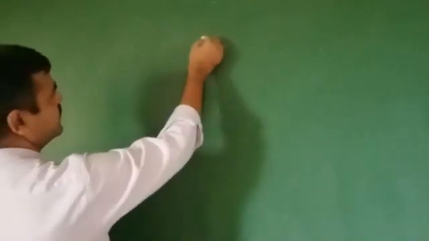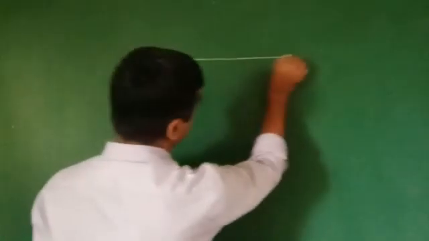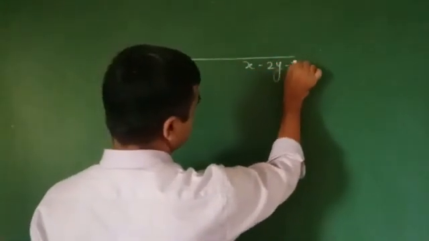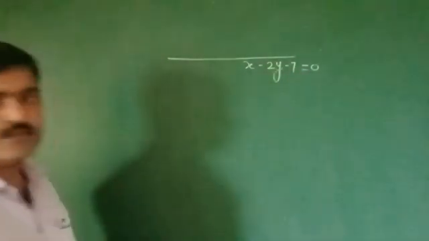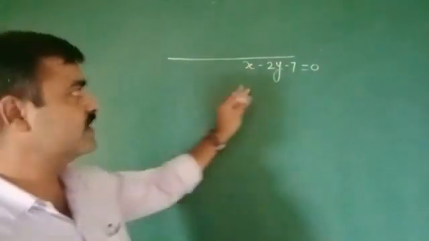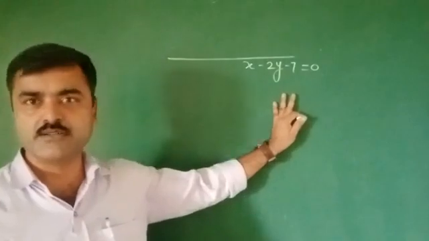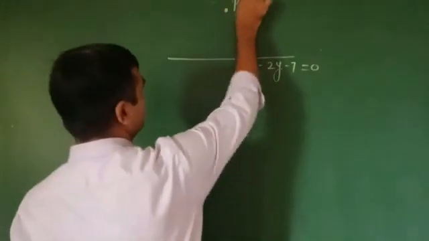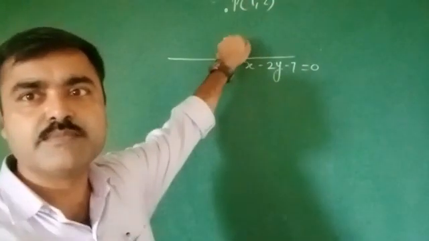We will study a very important question related to the image. Suppose that this is a line x - 2y - 7 = 0. The question is, if there is a point P(1, 2), then find the image of this point in